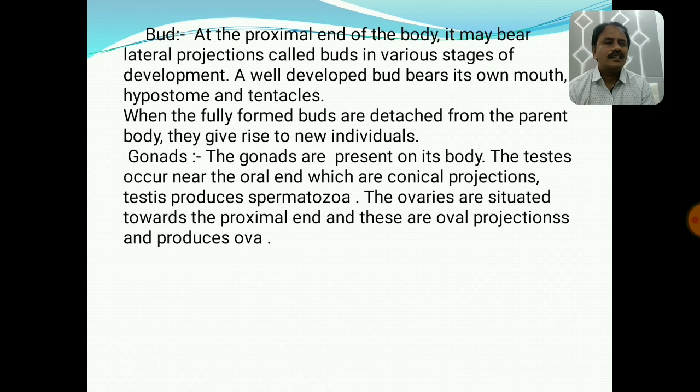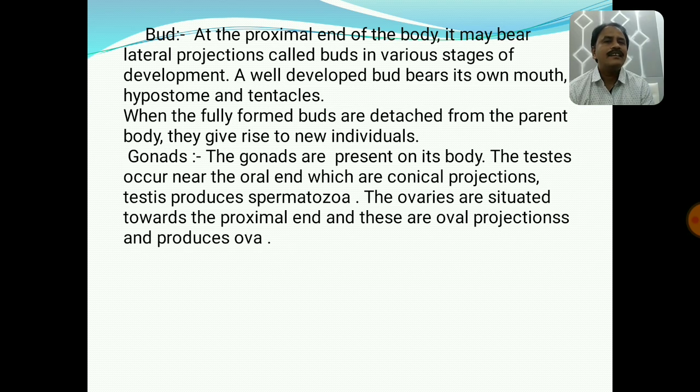Then on the lower part of the Hydra, that is towards the proximal end, it shows the bud. The bud is an asexual form of the body. Some interstitial cells at the base divide and redivide and push the body in the outward direction, so that the bud is formed. The bud develops the hypostome and tentacles. When the bud has grown fully, it is detached from the parent and lives as an individual